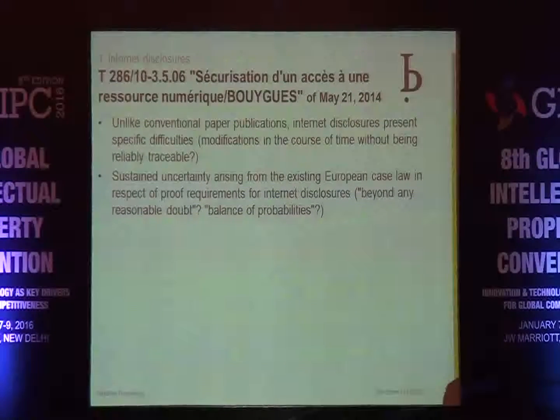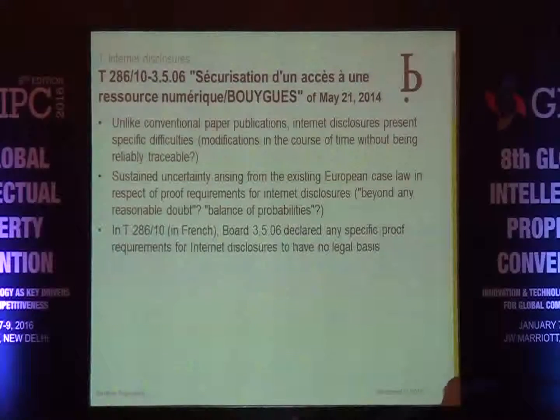In the European case law, there is, or there was, a sustained uncertainty in respect of proof requirements for Internet disclosures. Some boards applied a very high standard, beyond any reasonable doubt or up to the hilt. Some others refer to a balance of probabilities. Now, in a very recent case of